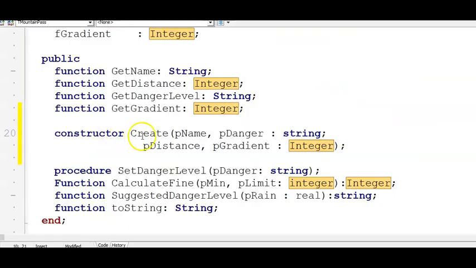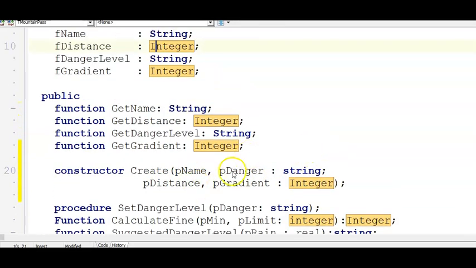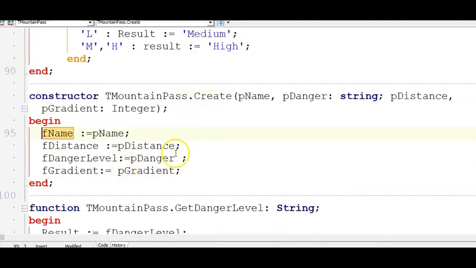And here's my constructor create. I have the name and the danger level, which are both strings, so I've just listed them together there. And then the distance and the gradient with the integer data type, to match these parameters with the attribute data types to which they're going to give values. I'm coding here in 2 lines so it's easier for you guys to see, but you can just code in 1 long line. Remember to do only one method at a time, and then we'll push Ctrl+Shift+C